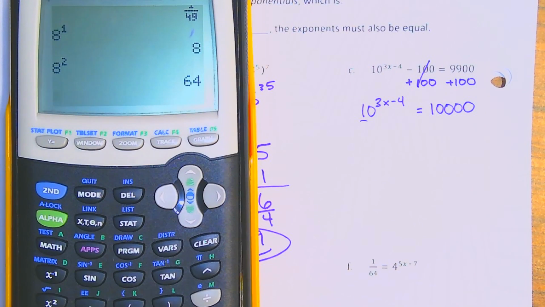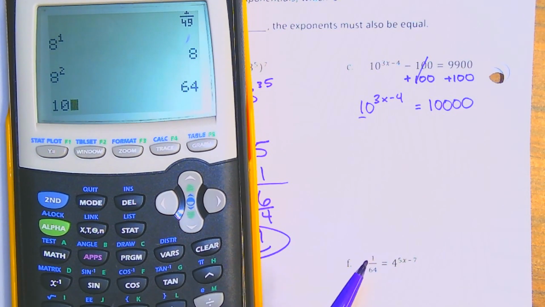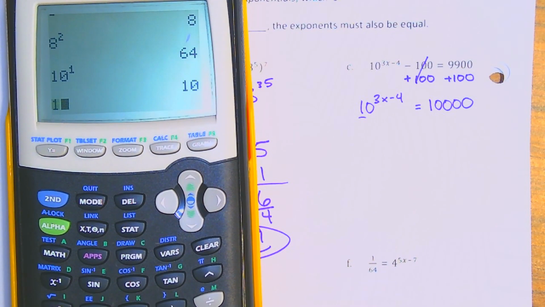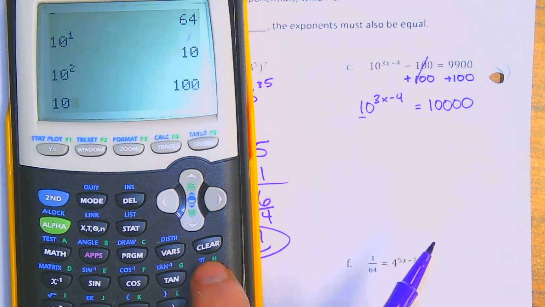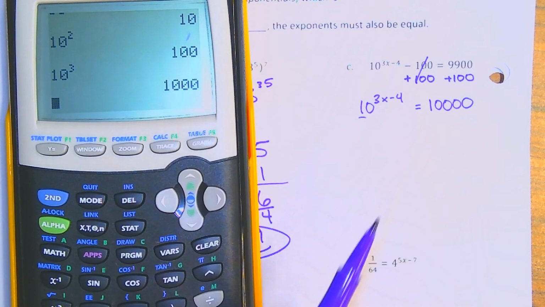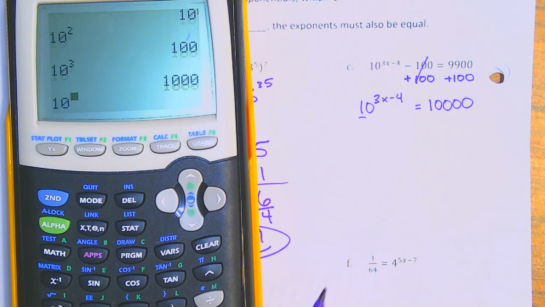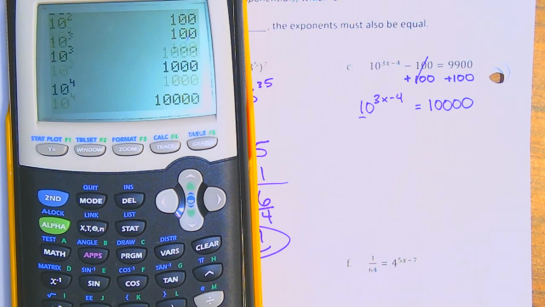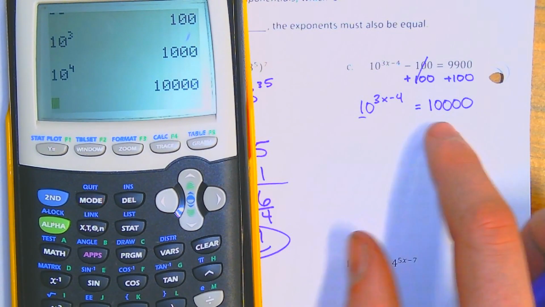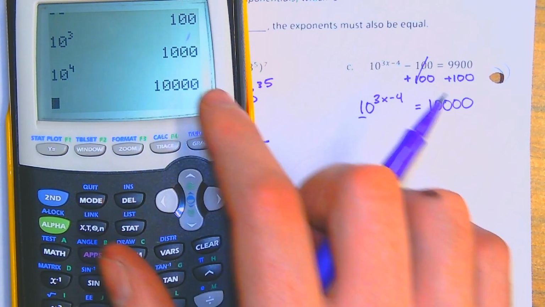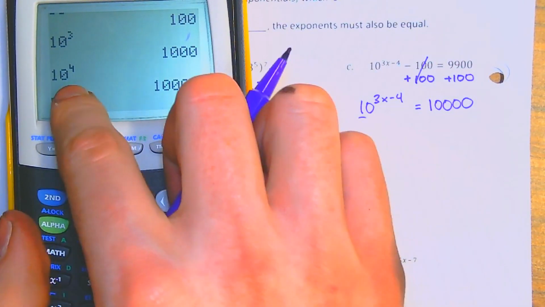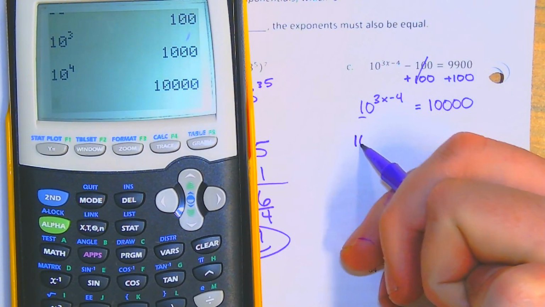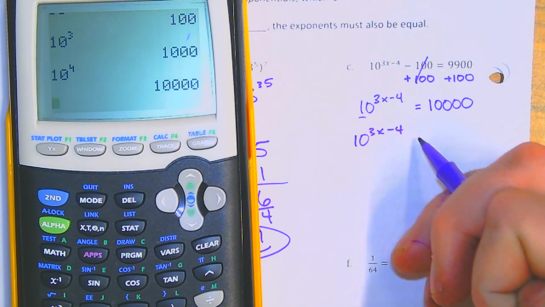So, if I do that, let's start at 10 to the 1 and see what we get. 10, 100, 1,000, getting closer, 10,000. Since those two numbers match up, 1, 2, 3, 4 zeros and 1, 2, 3, 4 zeros, that is what our 10,000 can be turned into as an exponent. So I'm going to rewrite this as 10 to the 3x minus 4 equals